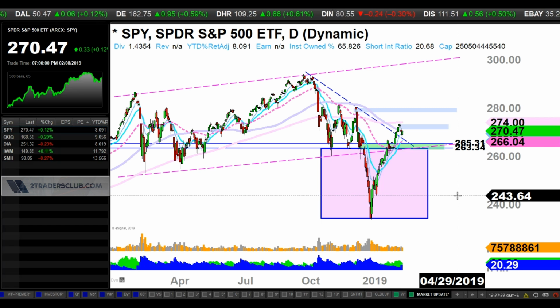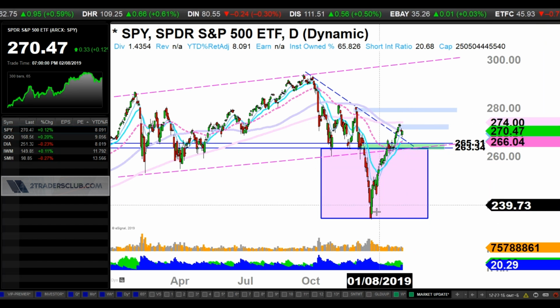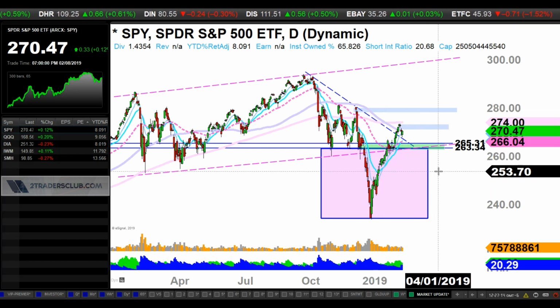I think a lot of people didn't expect SPY to come all the way to 270, just straight up without any kind of pullback, without any double bottoms or retesting the lows, or any kind of consolidation, just going straight back up. And I think this made a lot of people really dumbfounded, right? They don't know what's going on, like, what is this? And bears are just completely in shock, right?